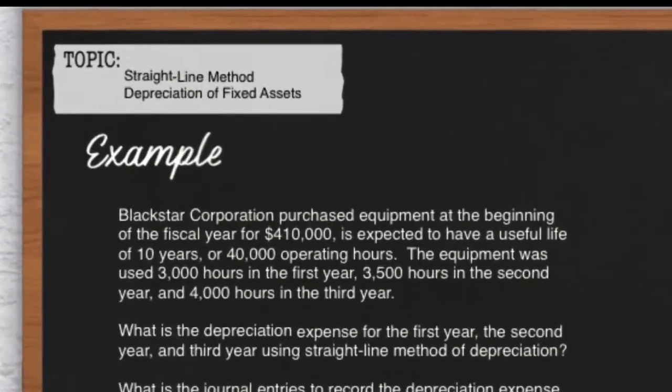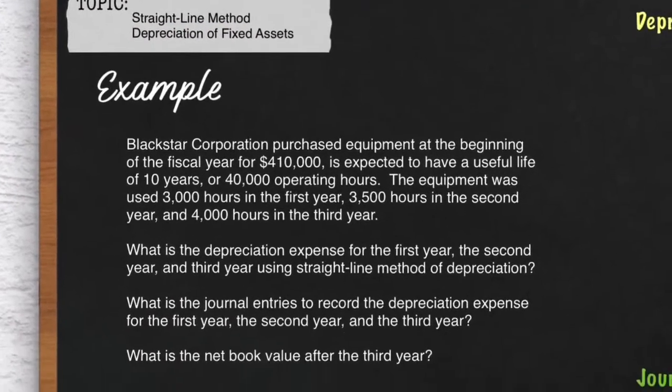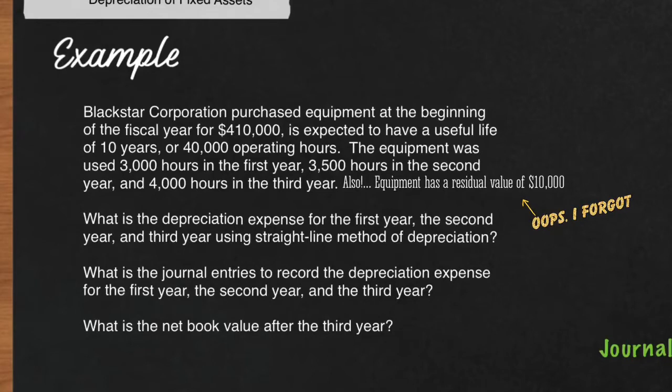Alright, for this video we're going to talk about straight line depreciation. It's a straight line method of depreciating a fixed asset. Remember, depreciation is the decrease in usefulness over time. Here's our example. Feel free to screen capture or take a picture of it, as I will refer back to